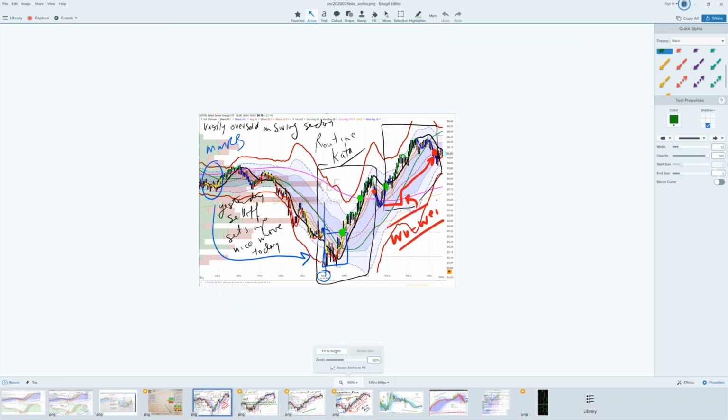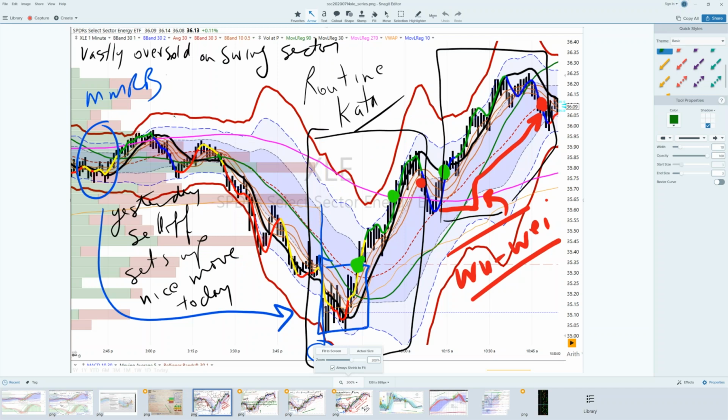Energy sector was horribly oversold yesterday, and it sold off sharply into the close. And here was the MMRB. So yesterday's sell-off, you'll notice that I'm saying, yesterday's sell-off sets up a nice move for today. So I take the MMRB, which is this move, find the low of the day, and it gives me a gap down,